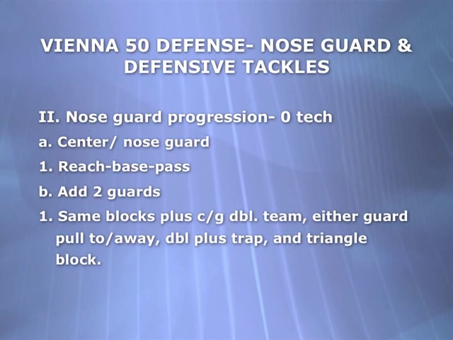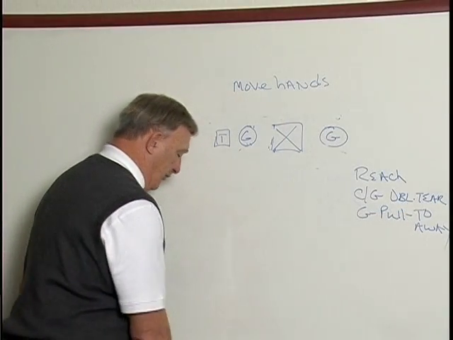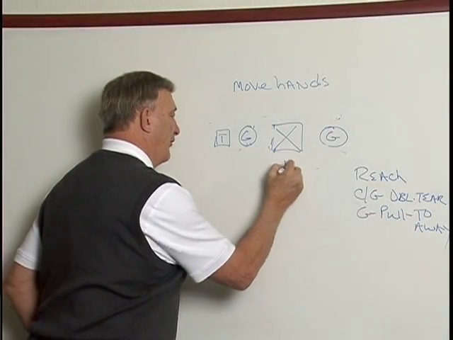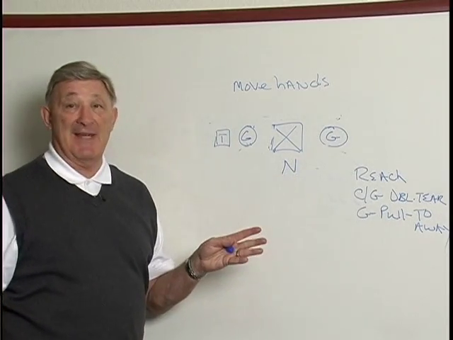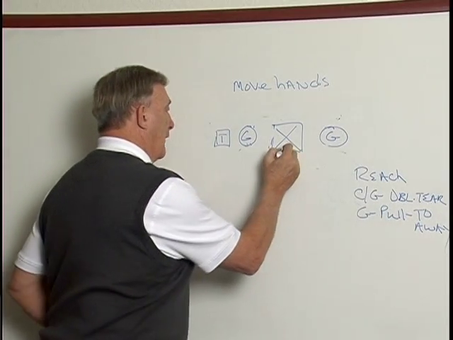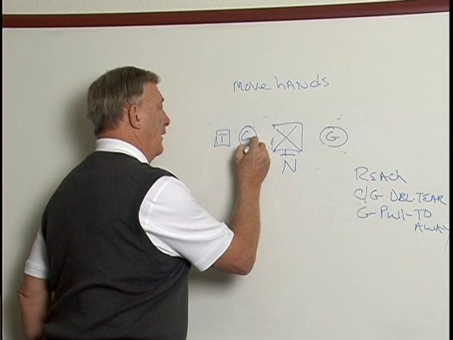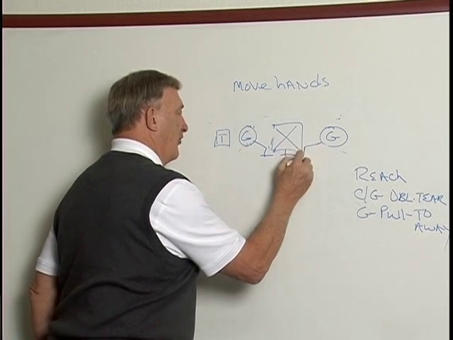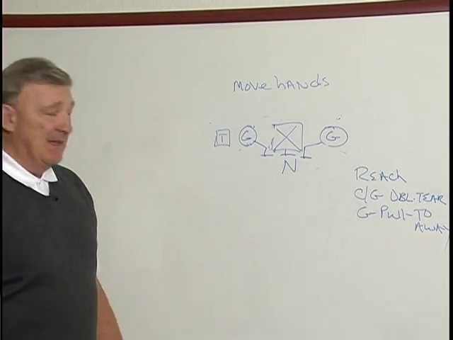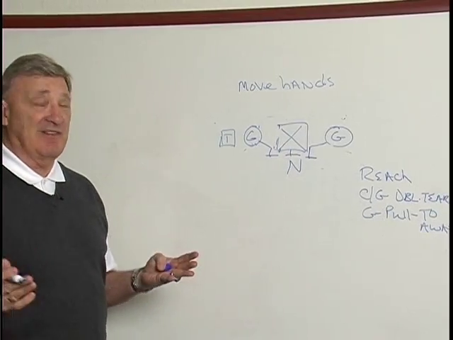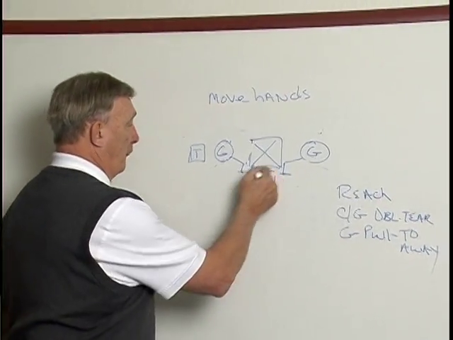We also have what we consider a triangle block. Now, there aren't a lot of teams that do it, but there are times, specifically in some past situations, that we're going to get a straight up block by the center, both guards down on the nose guard, and they're simply trying to cut him off from wherever he's slanting. So all three will go on